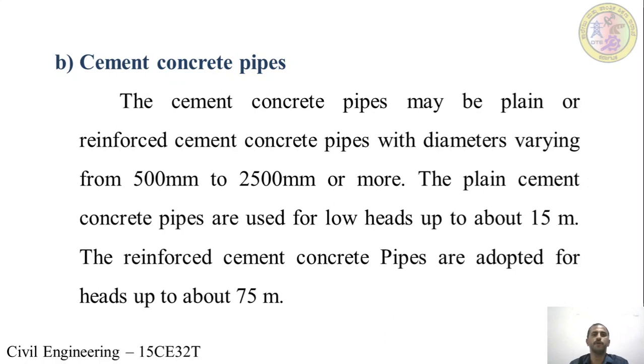The maximum size of aggregate used for the manufacturing of the cement concrete pipes is one third the thickness of the pipe or 20 mm, whichever is smaller, for the pipes of diameter more than 250 mm. For manufacturing pipes of diameter less than 250 mm, the maximum size of aggregate is 10 mm. These cement concrete pipes can be manufactured either by compacting in a mold or by spun concrete, also known as Hume concrete pipes.